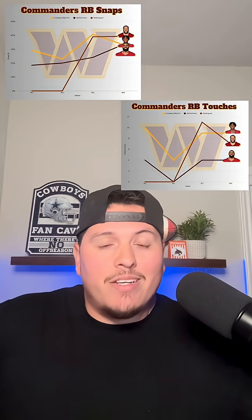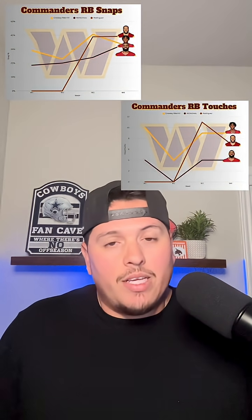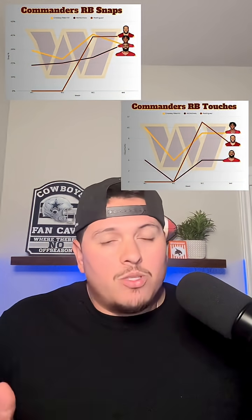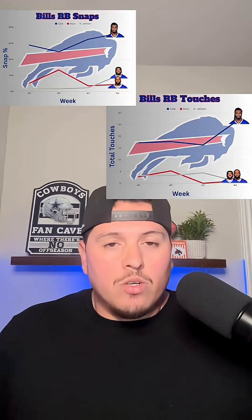For the Washington Commanders, this backfield should be avoided. Bill does lead the way, seeing the majority of carries, but it's very close and they all had similar numbers. Over in Buffalo, James Cook continues to be the workhorse for the Bills. And for the Saints, Kendre Miller continues to see an increase in usage, saw 2 carries inside the 10-yard line